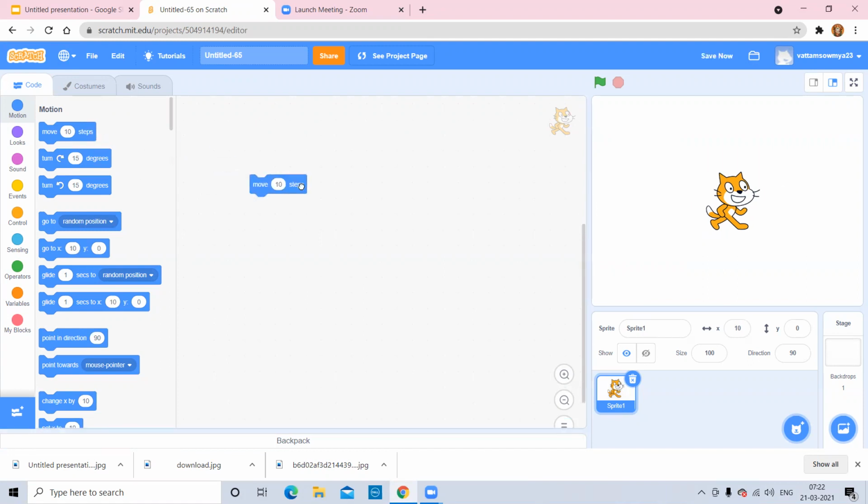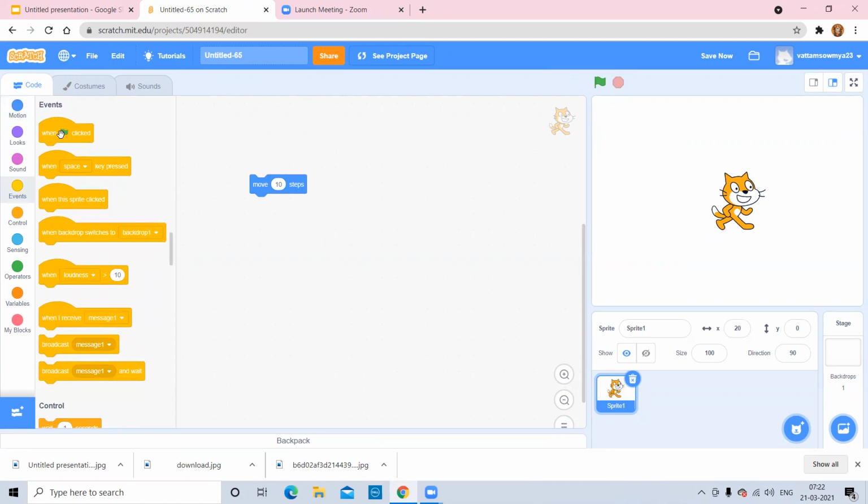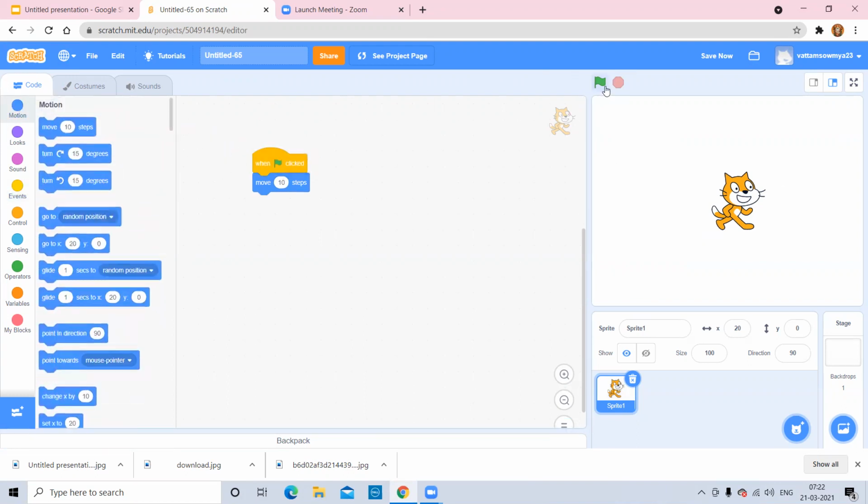So just select that. So when it should move, something like when I start, it's a green flag condition. For that, go for and select the green flag. So for that, I'm giving like when I click the green flag, my sprite should go forward. So that is the first step of move. To move backward, you can use move -10.